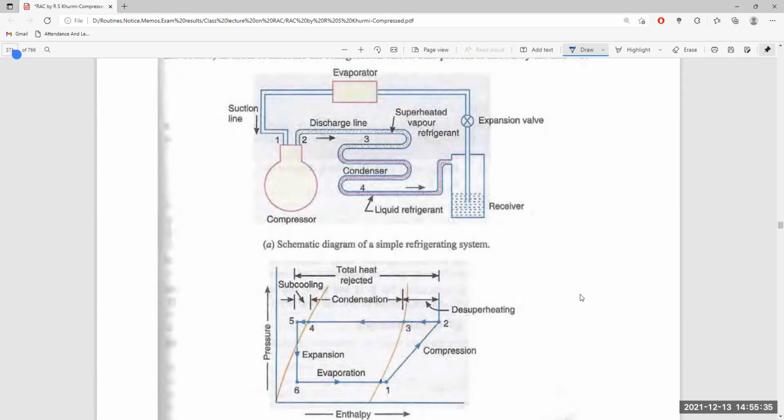From 3 to 4, it is being cooled and converted to liquid, and it is cooled further up to point 5, which is defined as subcooling, whose temperature is less than the liquid saturation line, and thus it improves from there. It is expanded up to point 6. So here, without stopping the cooling at point 4, it's cooled up to point 5 to increase the refrigerating effect to a higher extent.